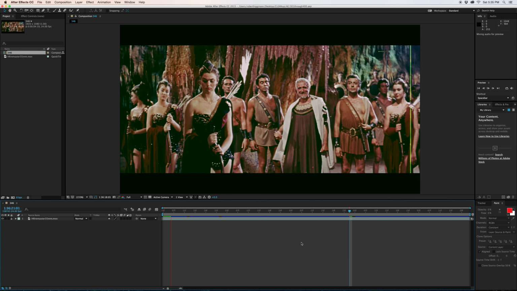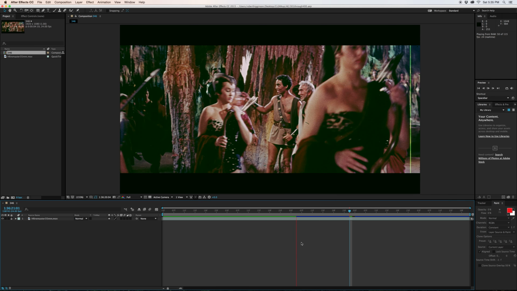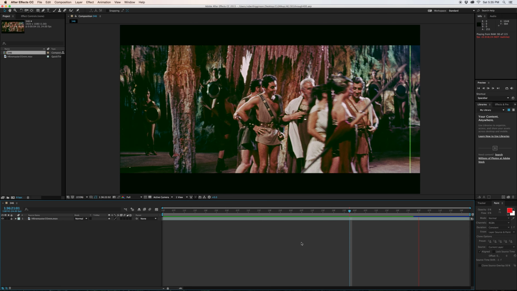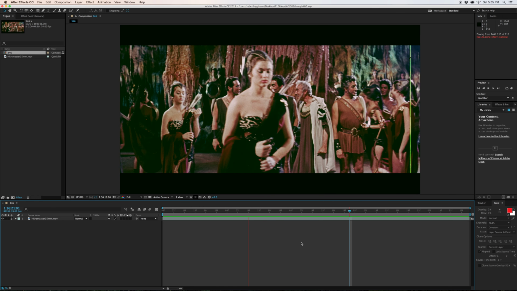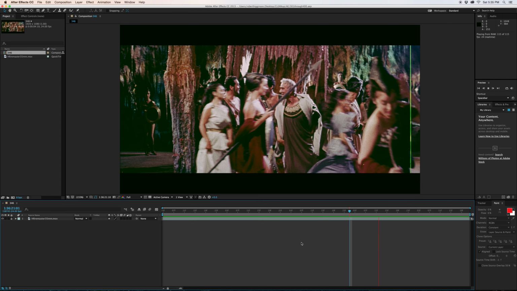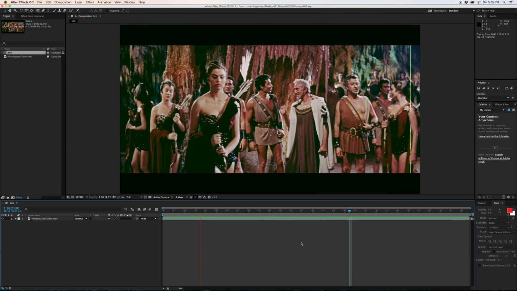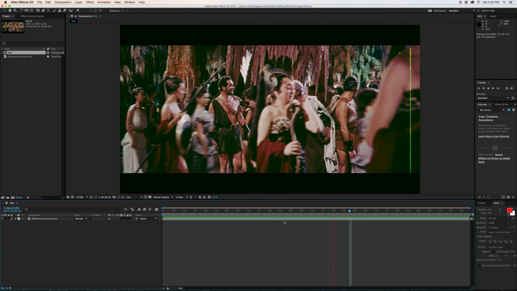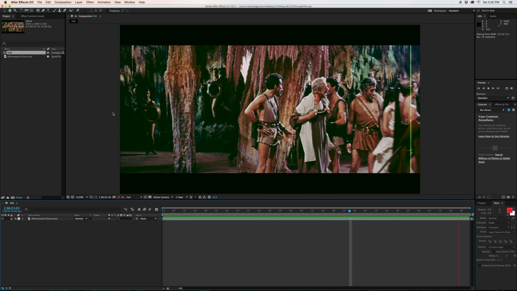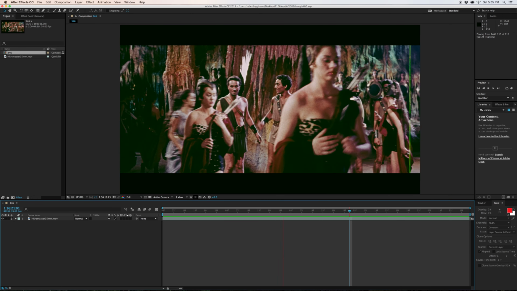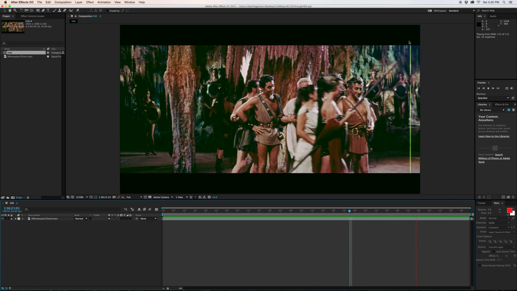Okay, so if you play it and you watch it, it has to render it first. And as it loops, you're going to look at it and you go, okay, what needs to be cleaned up? And what's the quickest way I can tackle it and make it acceptable? Okay, so really when you're looking at this, the problem that I see offhand is this vertical green